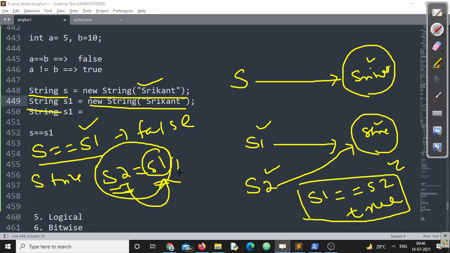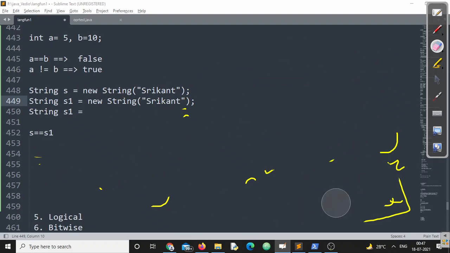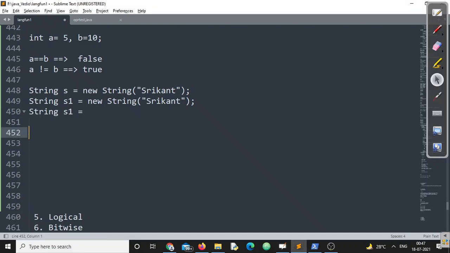So in object or reference cases, value or content is not compared. Rather, what is compared? Memory locations are compared, or references are compared, right? Not the content. In case of primitive, contents are compared. If contents are same, in case of primitive, the answer is true. Otherwise, false. Let us note down this point. Then we'll discuss some other conclusions also. We have very good conclusions to make. We'll go one by one. First of all, for primitive. For primitive, how will this behave?